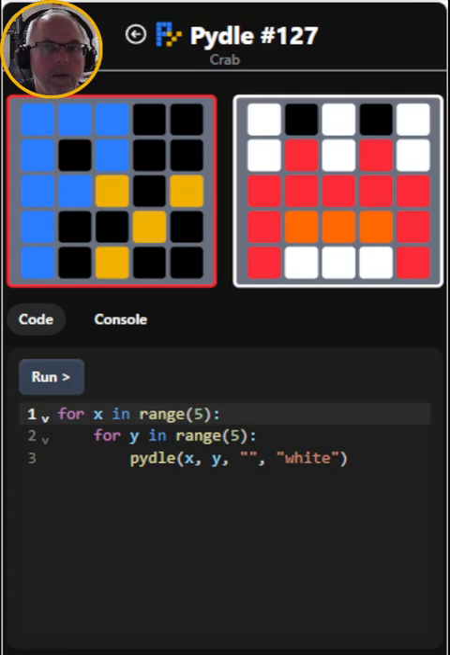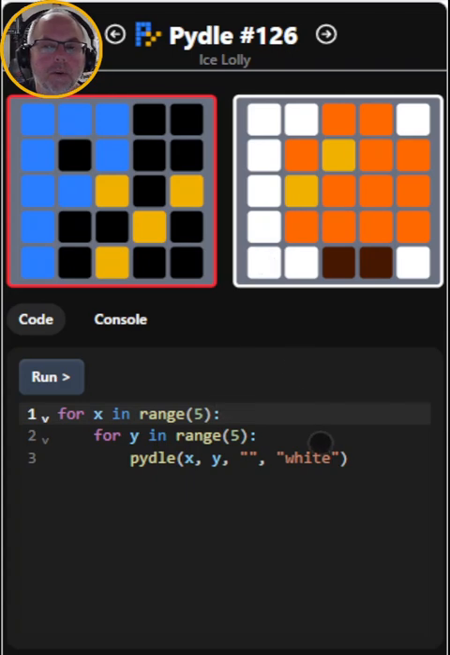Welcome to Pydle Day 127. Pydle is a daily puzzle game you need to solve by writing Python code. Today's Pydle is a cute little crab, so have a go at solving that. If you're new to Pydle or you would like to learn more about Python, and I will now solve yesterday's